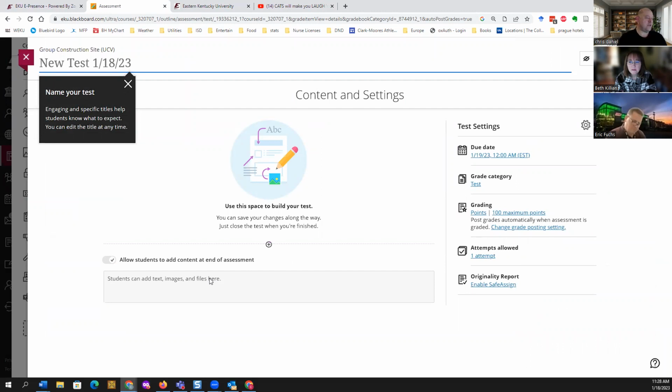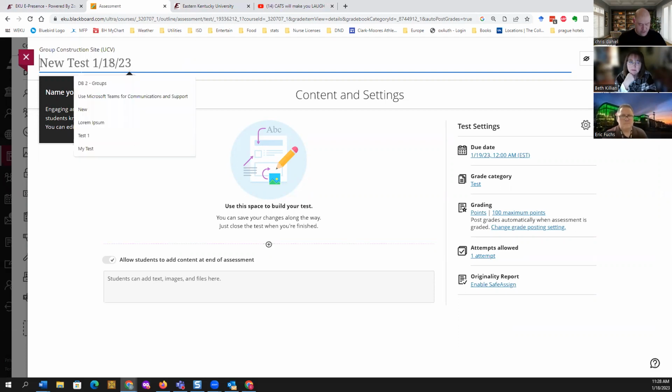If you create a test and then add an item to allow students to type or drop, they can almost be interchangeable. But I'll show you what I'm talking about in a minute. I would just add questions to a test, and then allow students to upload a document with the assessment item, or the assignment item, I should say.